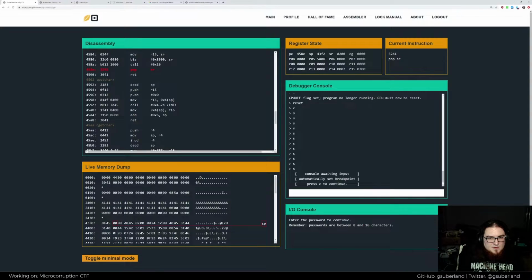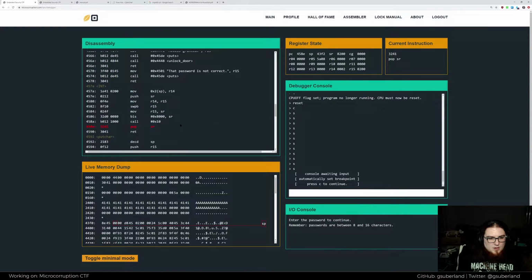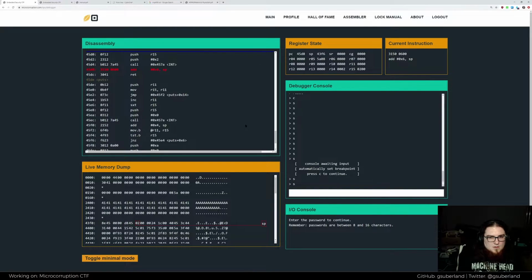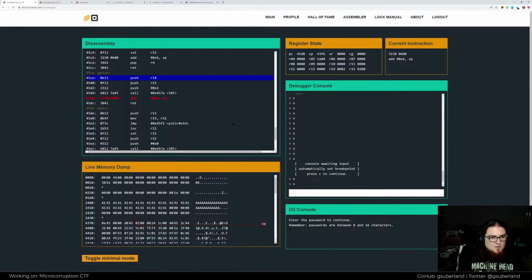Stack pointer is at 43F2, but what to do with this? Done binary exploitation. Say that. I was reverse engineering something this week, but